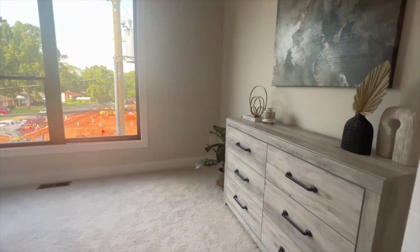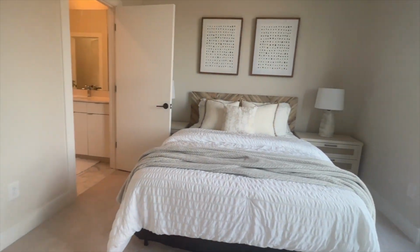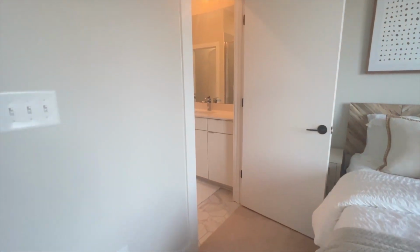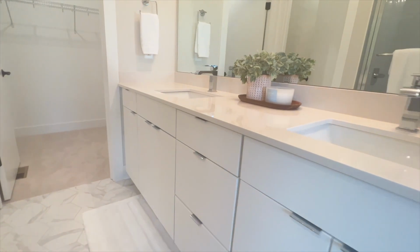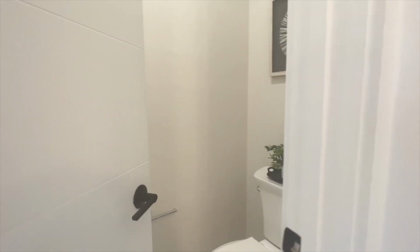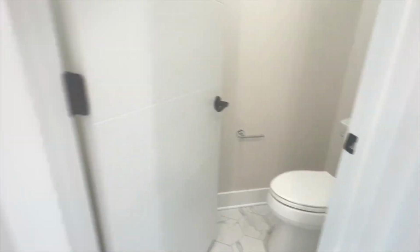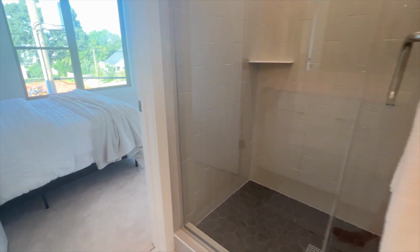we have the owner's suite. You're going to see this big, beautiful window, so a lot of natural light if you choose to have it in your bedroom. The room is pretty sizable. That is a king-size bed. And then if you look into the owner's suite bathroom, once again, you're going to have those high-end finishes, the quartz countertops, the dual sinks. The owner's suite closet is massive. You're going to have a washroom right here to the right. And then once again, you're going to have that standing shower. Now, if we zoom out of this room,